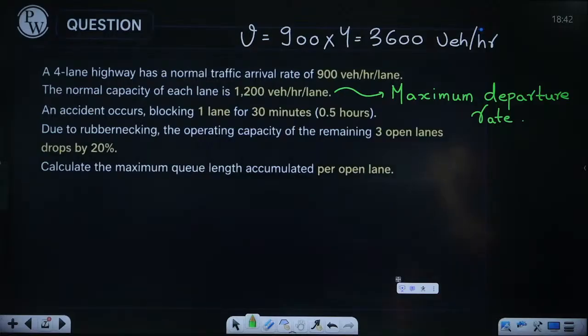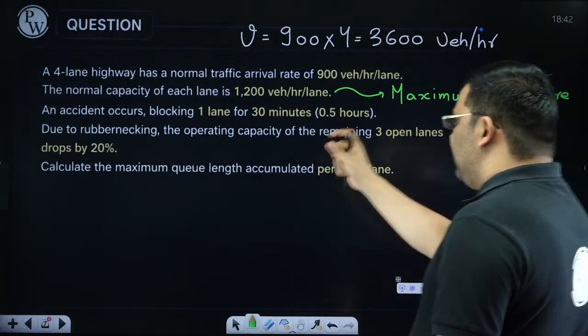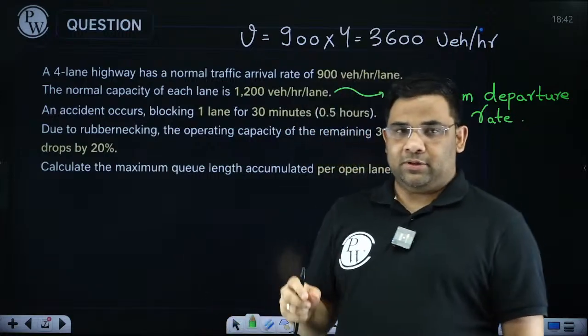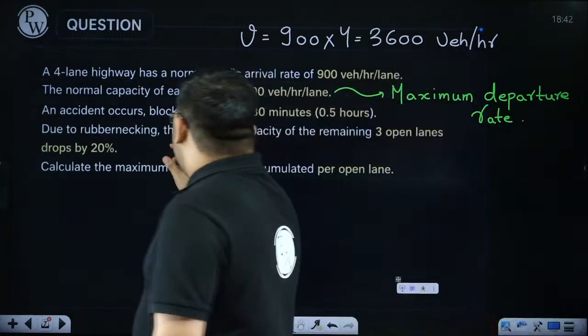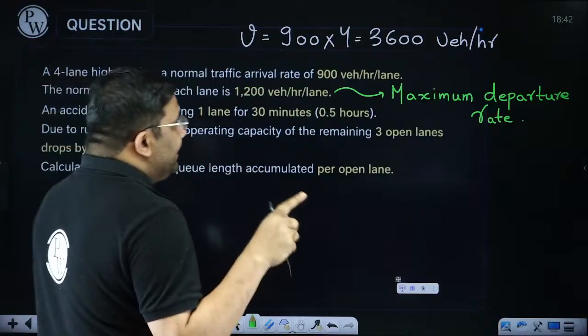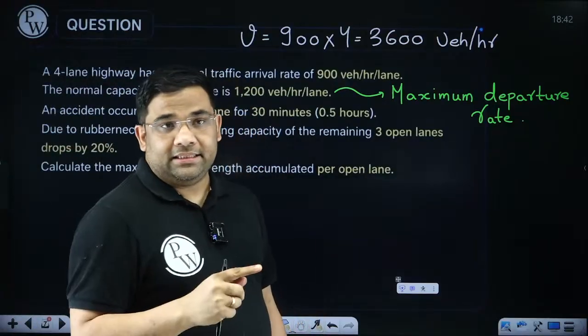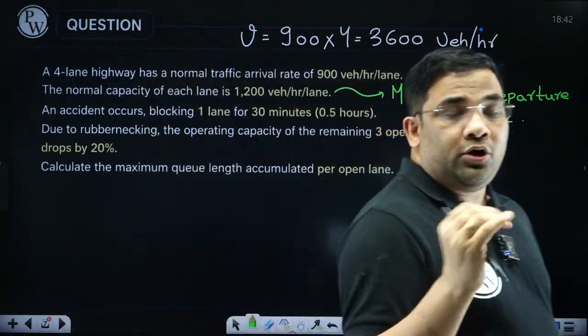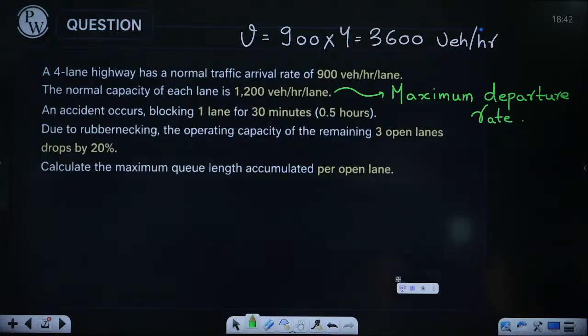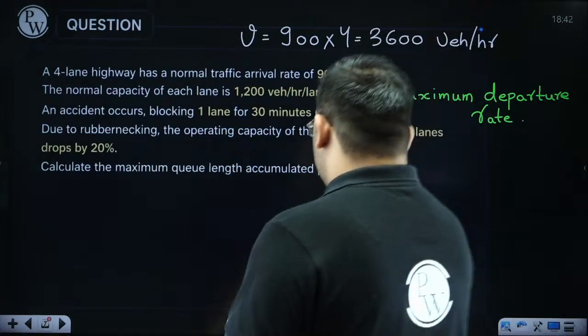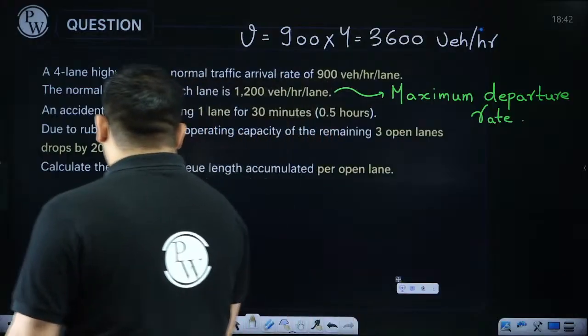And due to this, rubbernecking means what? Due to the accident, there is a road jam, that is rubbernecking. The operating capacity of the remaining 3 open lanes drops by 20%. Means what? You see, here